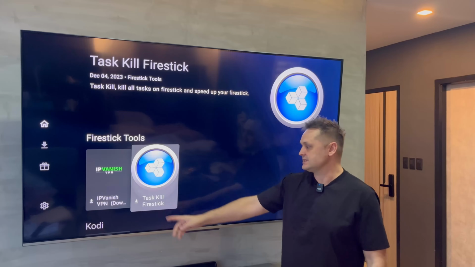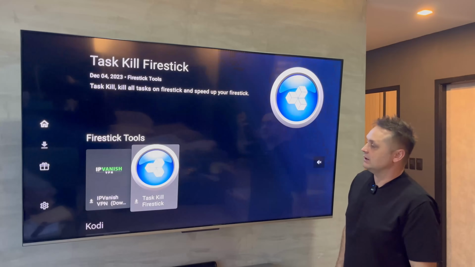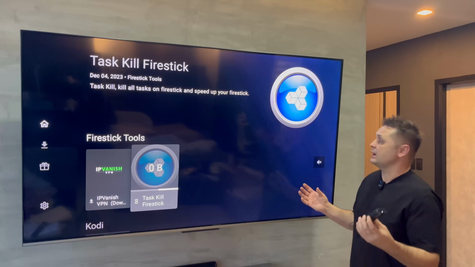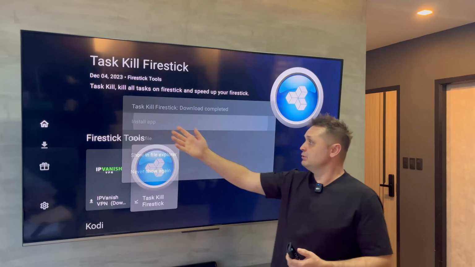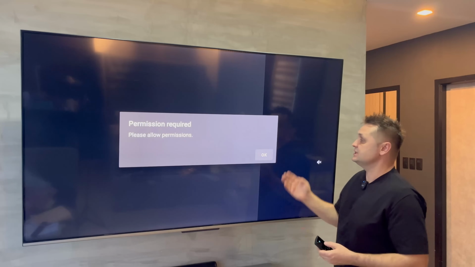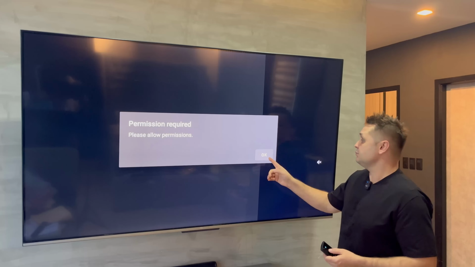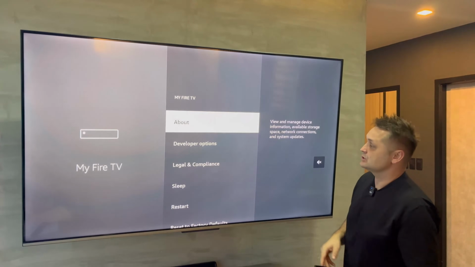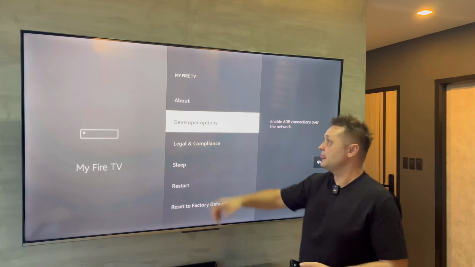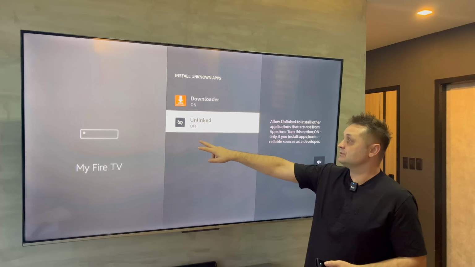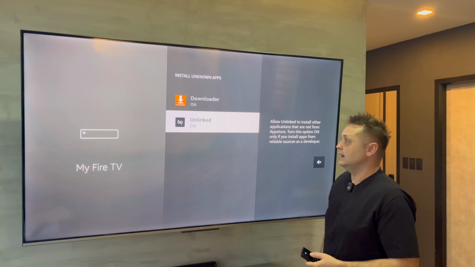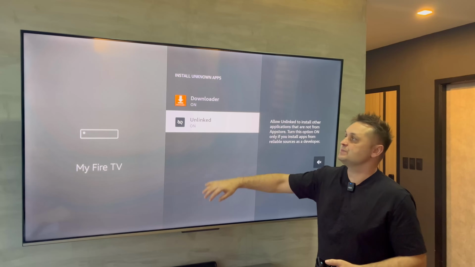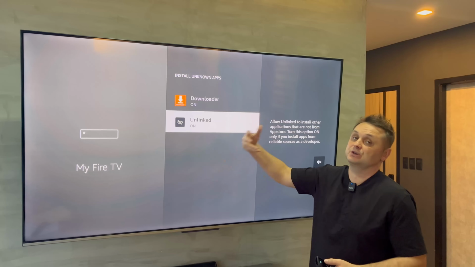So let's press the Taskkill Firestick, press the download, and you would download any other applications in the same method, in the same way. Install app, you would press on any other application. As you see, the permissions are required. We're going to press the OK button, and as you notice, it goes straight to developer options now, and install unknown apps, and we have to turn on Unlinked now. So you have to do this for all the applications as well. Even if you download other applications, make sure you turn them on in developer options because they will not update,